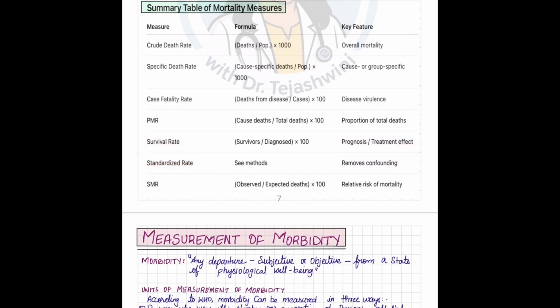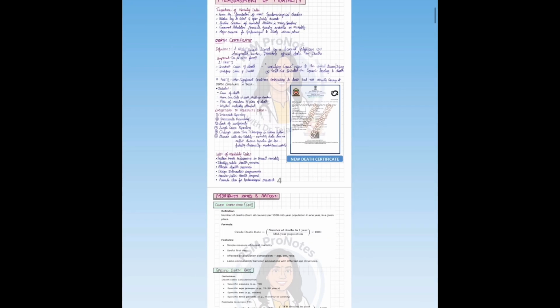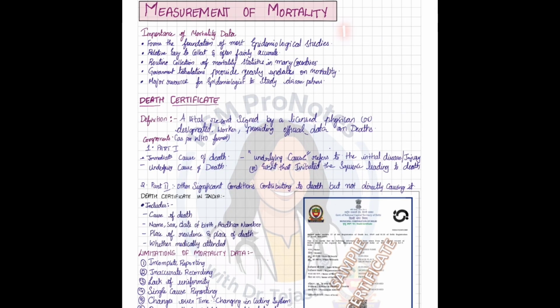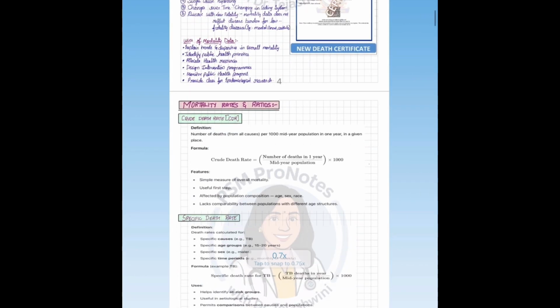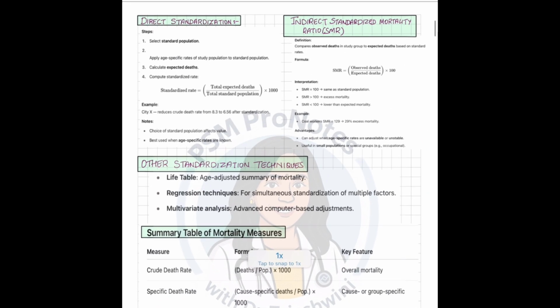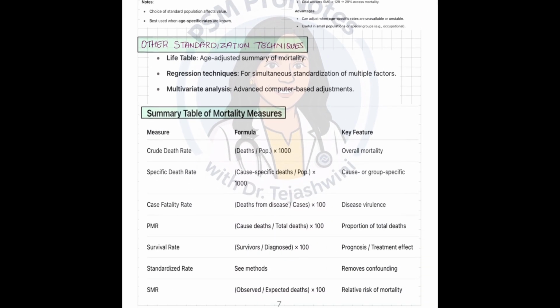SMR, standardized mortality comparison. Conclusion, let's wrap it up. So that's your comprehensive guide to measurement of mortality. We've looked at what mortality data is, how it's collected, what it tells us, and how we analyze it using rates and ratios. As a future doctor, these tools will help you think not just about the patient in front of you, but about populations and patterns. Because medicine is as much about people